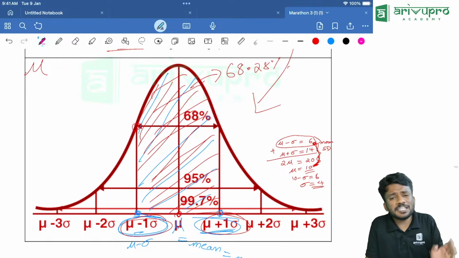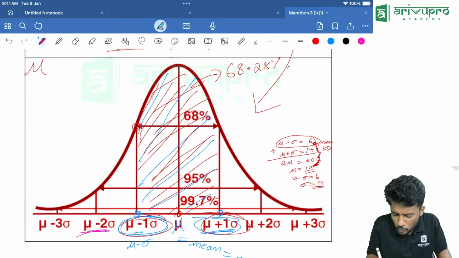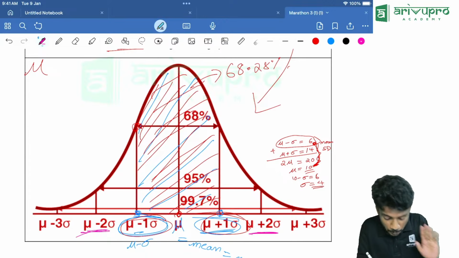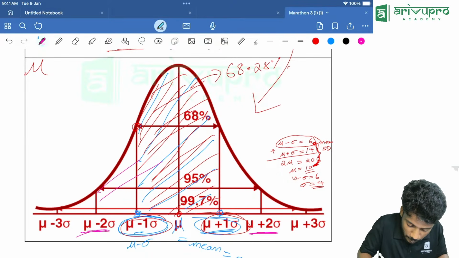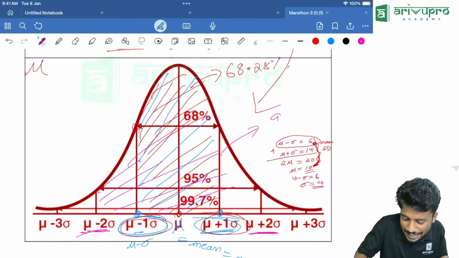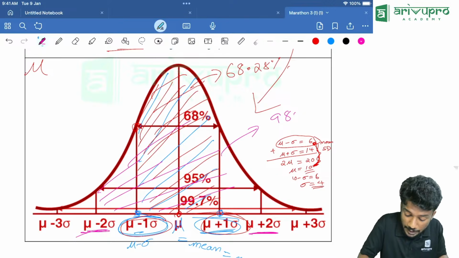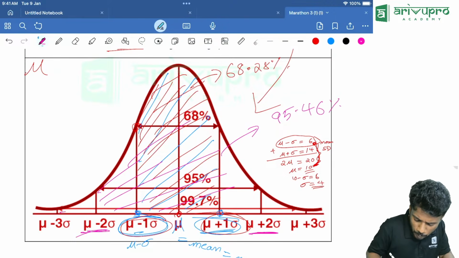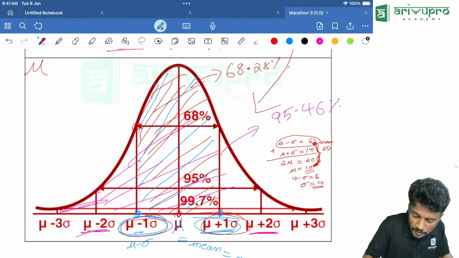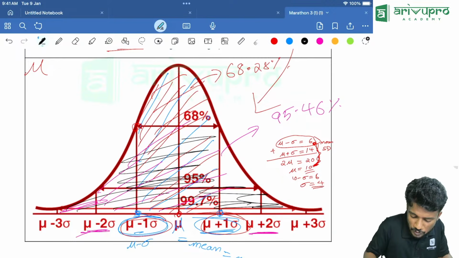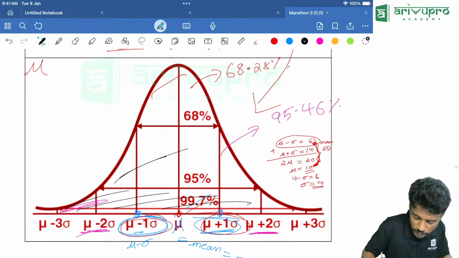Now people, how much area is covered in between mu minus 2 sigma and mu plus 2 sigma? That is 95.46%. In between mu minus 2 sigma and mu plus 2 sigma, 95.46% is covered. And finally, in between mu plus 3 sigma and mu minus 3 sigma,